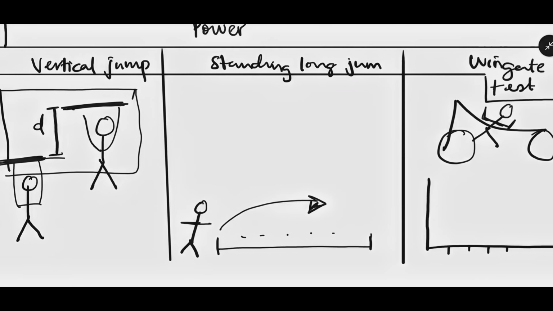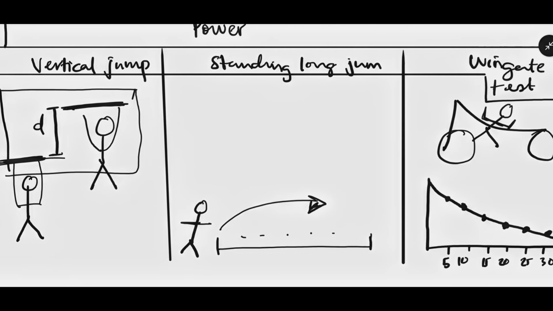Obviously, the power output is expected to drop over 30 seconds because you can't maintain maximal power output for 30 seconds. So let's say this is 5, 10, 15, 20, 25, 30. The power outputs are being measured in